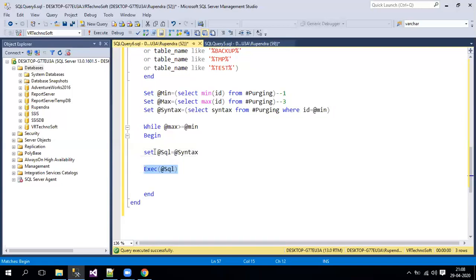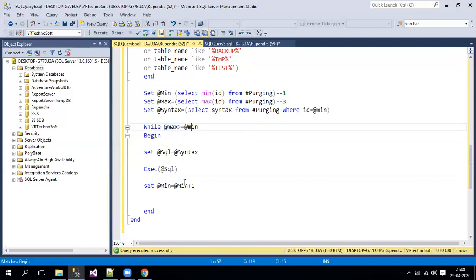Now first it contains the first syntax, right? Now the first syntax got dropped, and it has to go to the second one. To go to the second one, I'll increment my minimum value. I'll write a set statement, set @min equals to @min plus 1. Already in my minimum value we have 1, so if you observe over here, now I'm incrementing it by 1. Now 1 plus 1 becomes 2. Always my maximum value is 3 only, because we have 3 syntaxes. So 3 is again greater than 2, so it's a true condition.